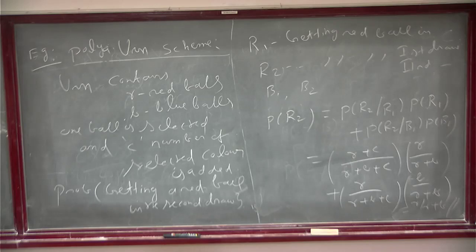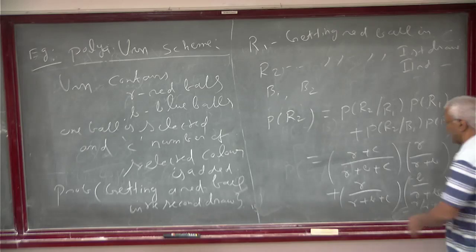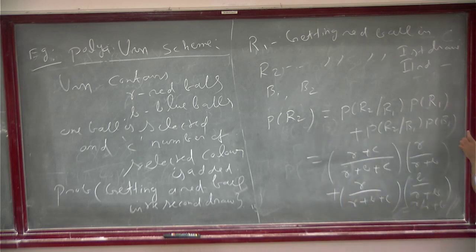You have to use induction, of course. So that's the assignment. The nth time, n minus 1 times C balls are added. In the second time, C balls are added. Then again something happened. In the nth time, n minus 1 C balls are added, but of different colors. Each time something is selected and something happens. You read the book, it will be clearly written, if you have doubt.